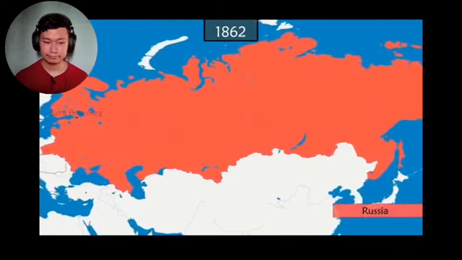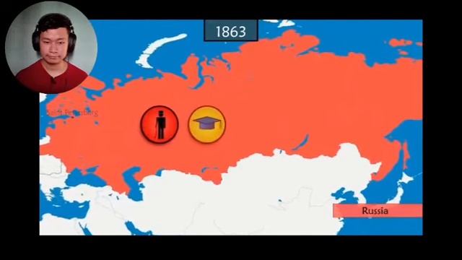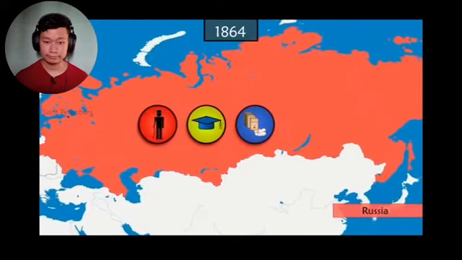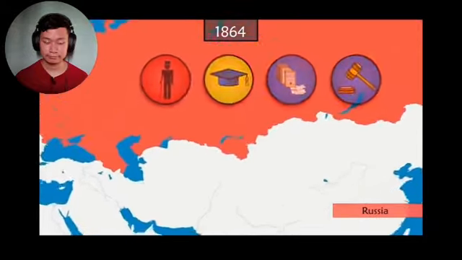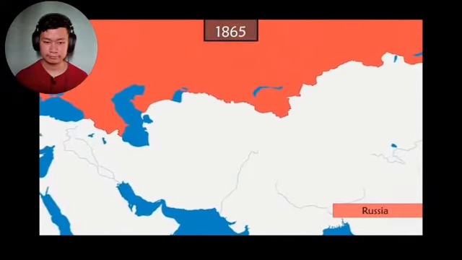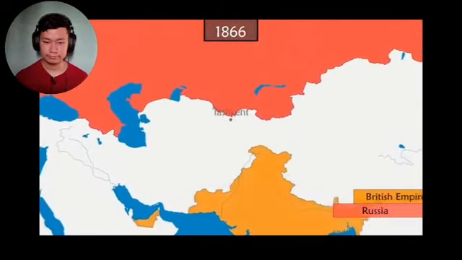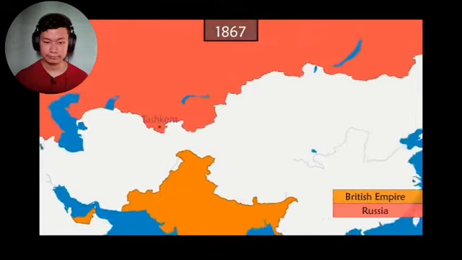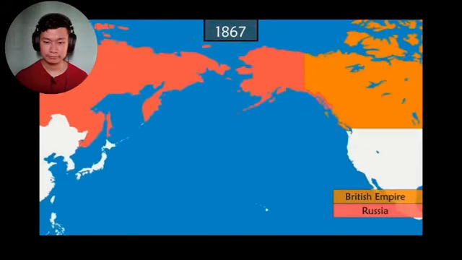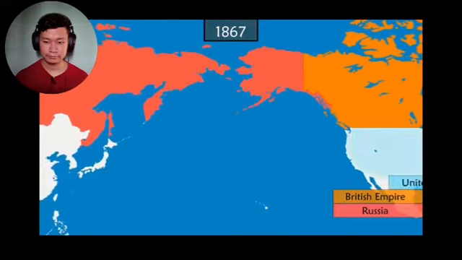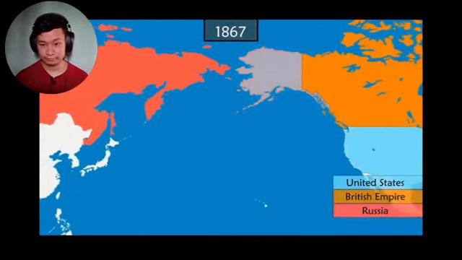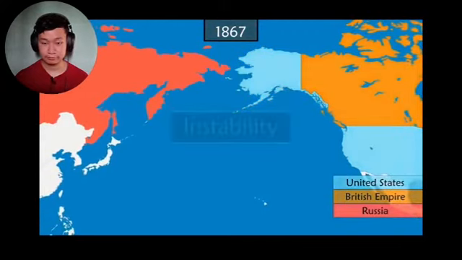The emperor also reforms the army, the educational system, governmental administration, and the justice system. In Central Asia, Russian conquests are bringing the country closer to the rival British Empire. Fearing a new war against the latter, the emperor decides to sell Alaska to the United States, considering the region too difficult to defend.